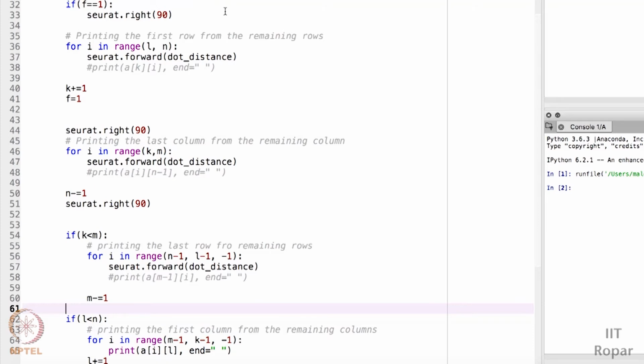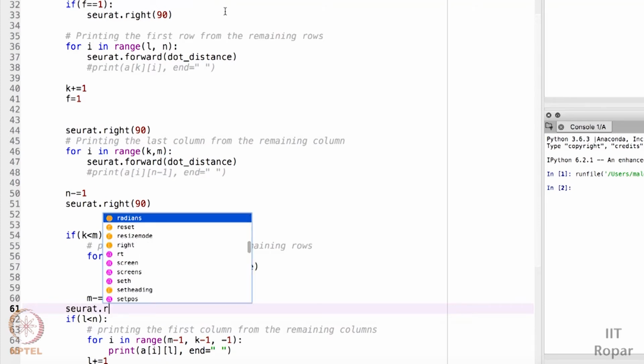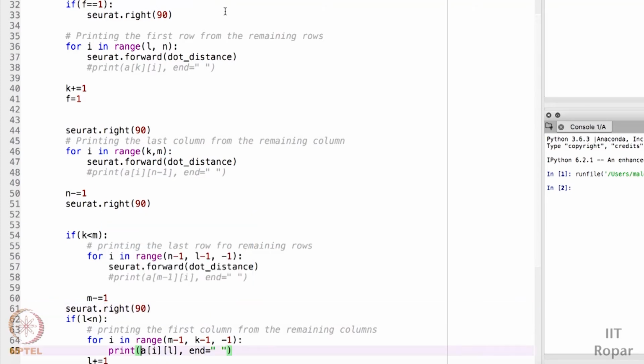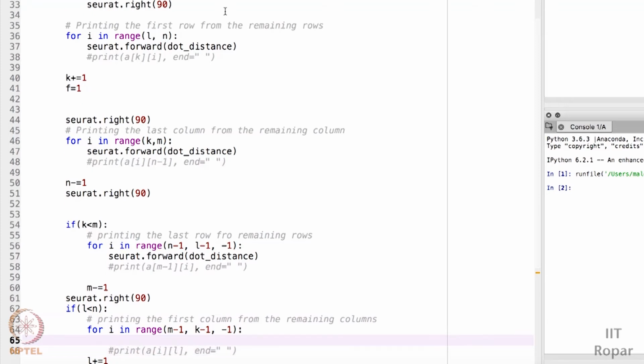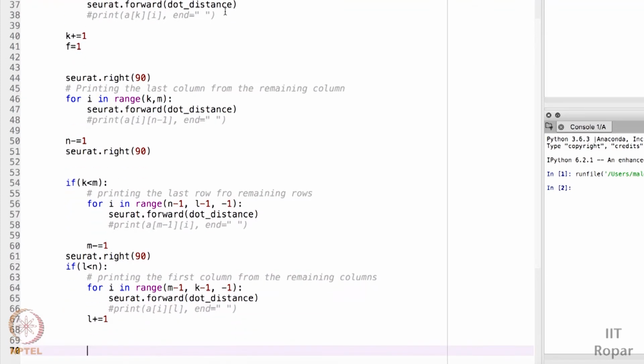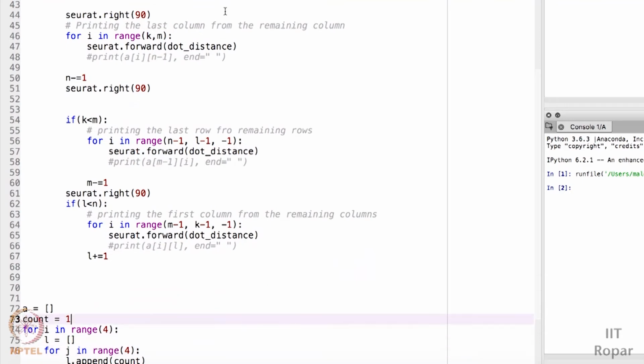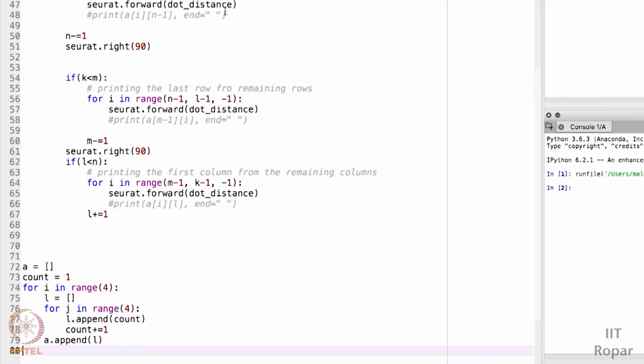So I will do this dot right with 90. Here again I will not print this, I will forward. Let me copy this. I will forward the dot distance. Now this is over. Okay, great.